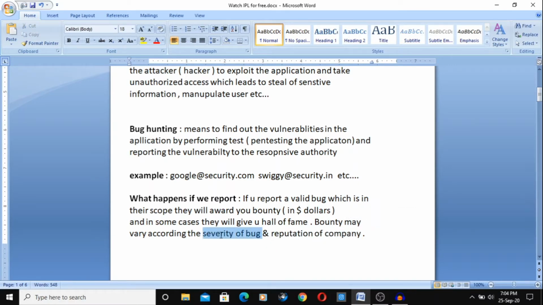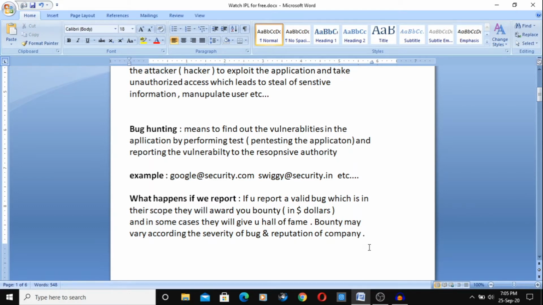If you find a high severity bug in a low reputation company, you will get like $2,000. Means here both the severity of the bug and the reputation of the company matter in deciding the bounty which you will get.